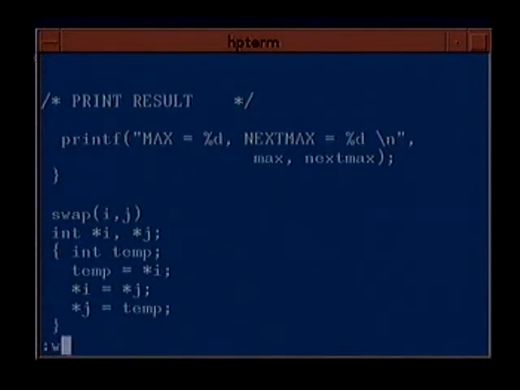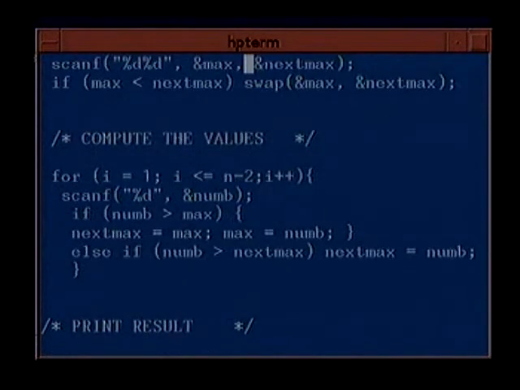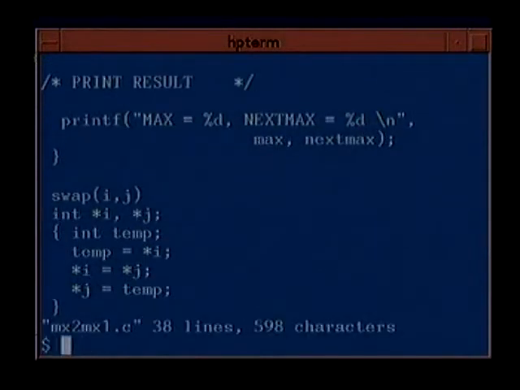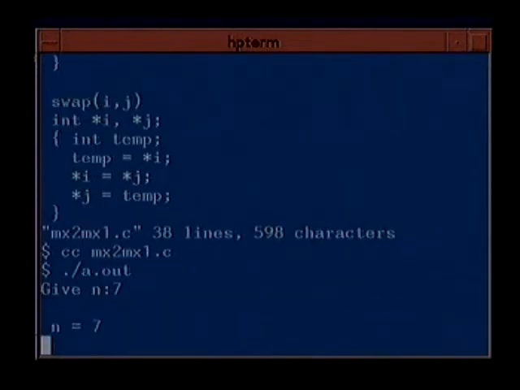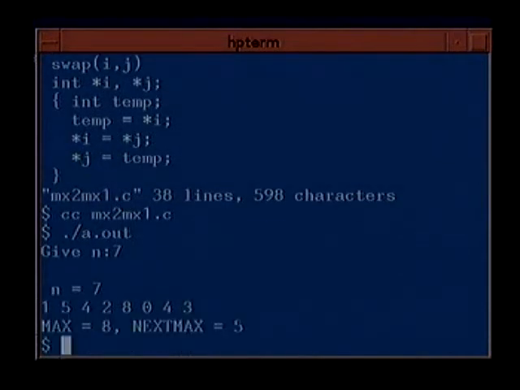This is the swap routine. So this program is quite obvious that it will work correctly if you give more than 2 numbers.